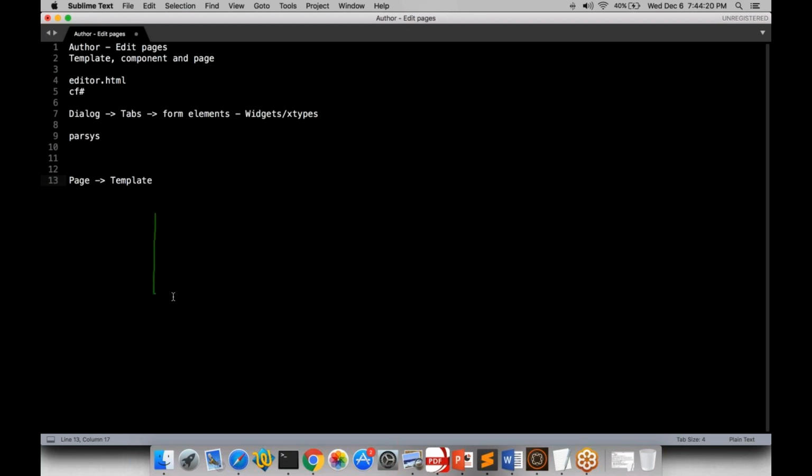So this is a template, and generally if you have a website, you would need a header for your website, a footer for your website, and all the web pages. So if you have a website which has 1,000 pages, all the 1,000 pages would have the same header and same footer, right? So this template which we are creating will have a header, a footer, and the middle area here can be the layout of the page, like this. So here you can have some components dragged and dropped, and here you can have the main area where the author can drag and drop